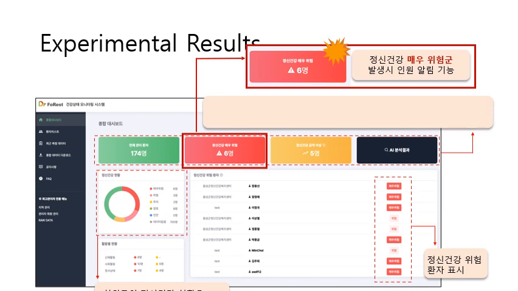This screen is a sub-side dashboard web page. This screen is not accessed by a general user, but by administrators or monitoring staff at the welfare center in each region. This screen checks the overall status of users using this platform in real time. If an emergency situation occurs, it's counted and displayed as the number of patients at risk for mental health, as shown in the center of the screen.